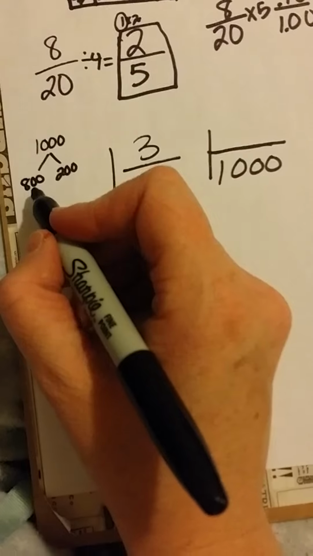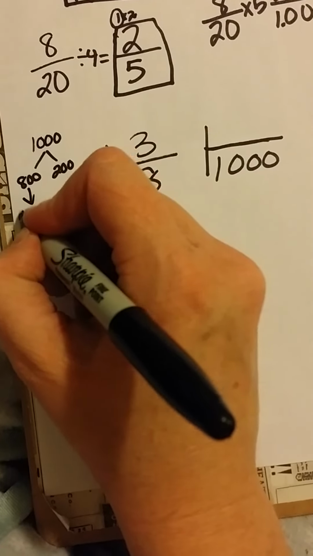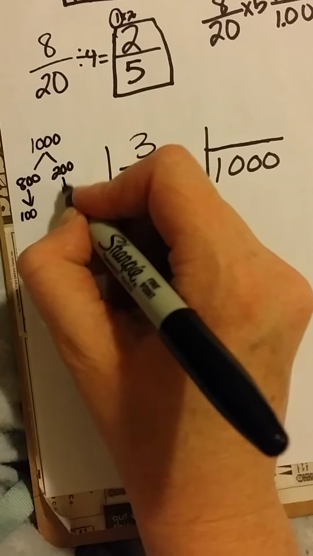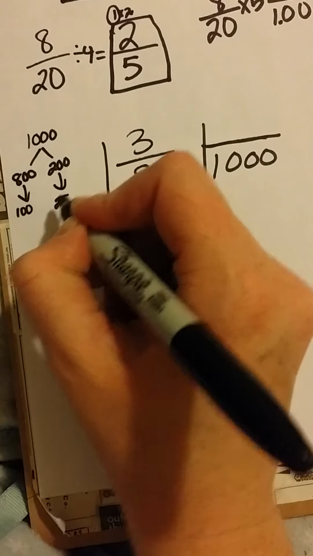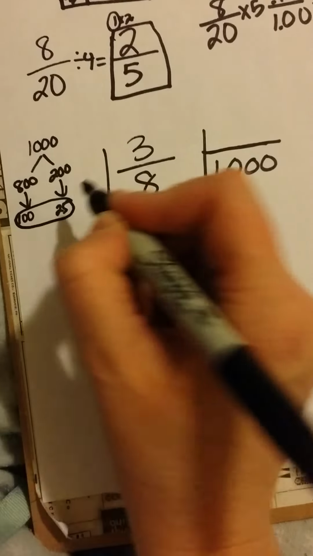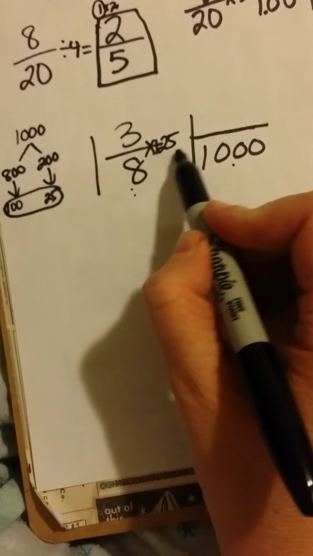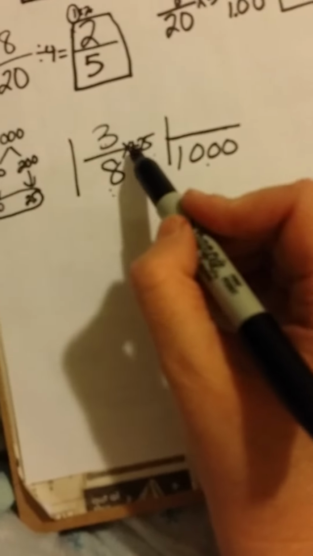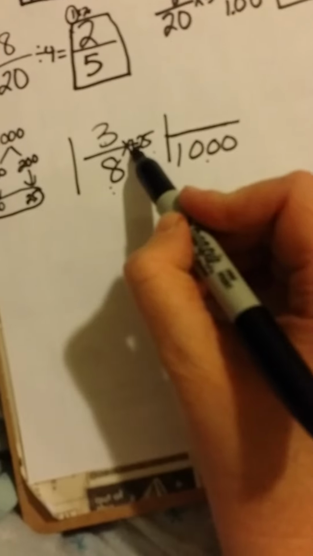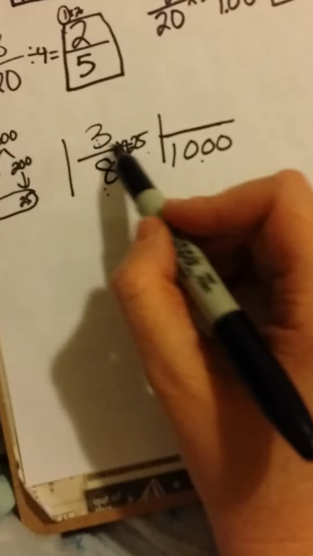Okay, what is 800 divided by 8? Well, that's 100. What is 2 divided by 8? That's 25. So 1,000 divided by 8 is 125. So to get from 8 to 1,000, you'd have to say 8 times 125 is 1,000. 3 times 125, well, 3 times 100 is 300, and 3 times 25 is 75, so 3 times 125 would be